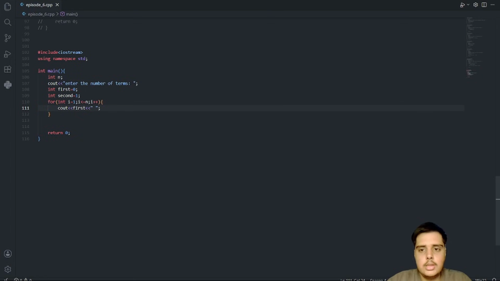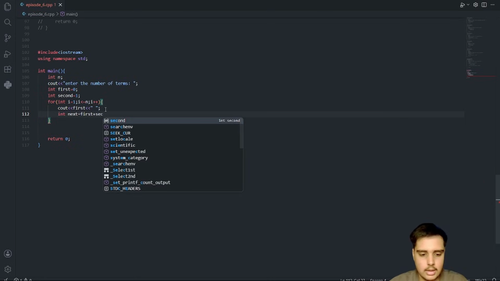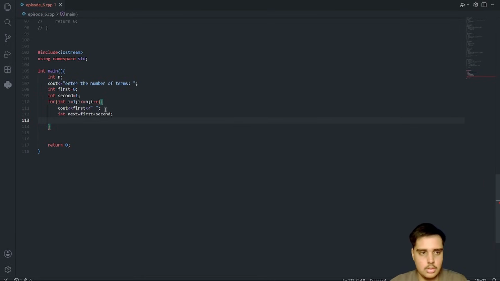Now, as the question says, int next is equal to first plus second, but the main three lines of code are these. Firstly we will take int next is equal to first plus second.